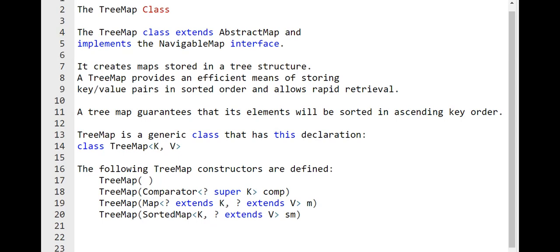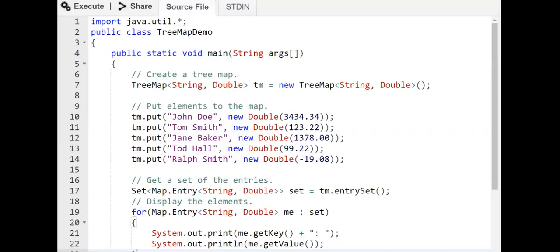Next, let us discuss an example of how to create a tree map. So this is the program on tree map demo. We shall create a tree map similar to how we created the hash map.